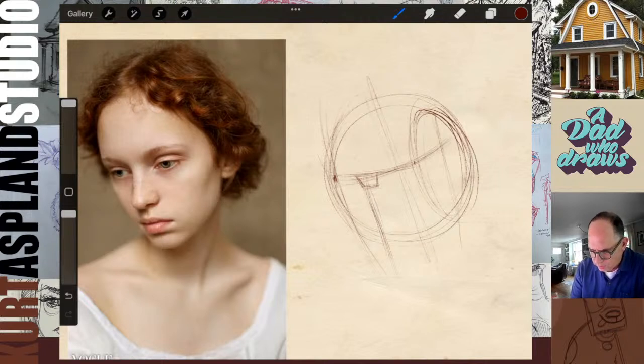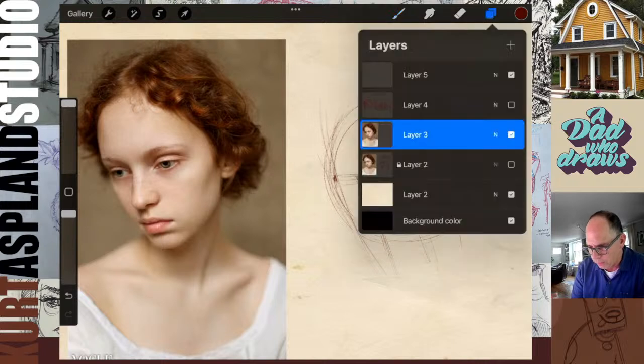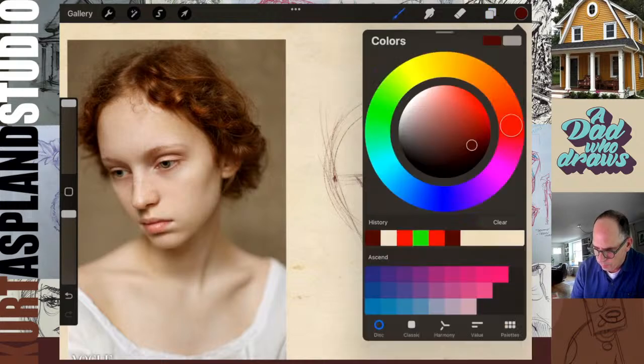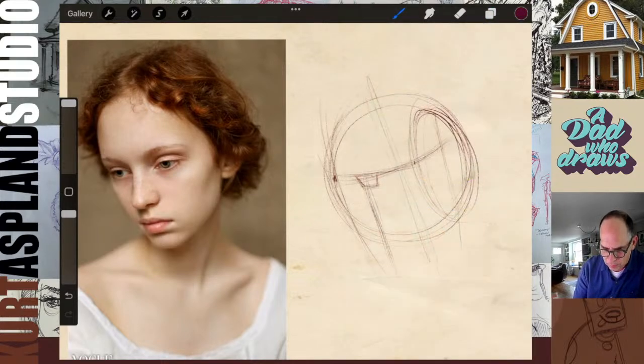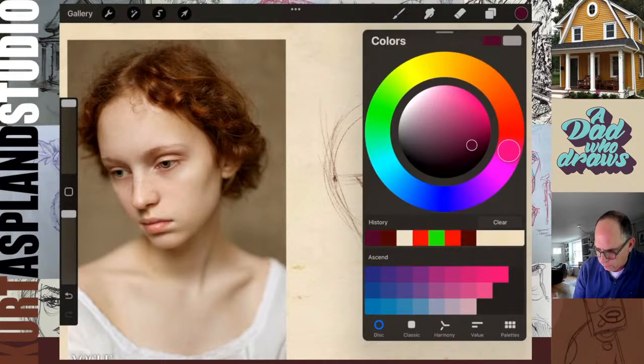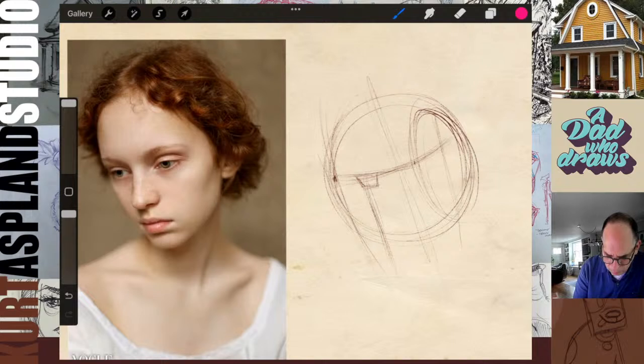And when I draw this nose, this is what I'm looking for here. Let me show you. Okay, what I am looking for here is this. I'm going to look at this negative shape here. You see this?